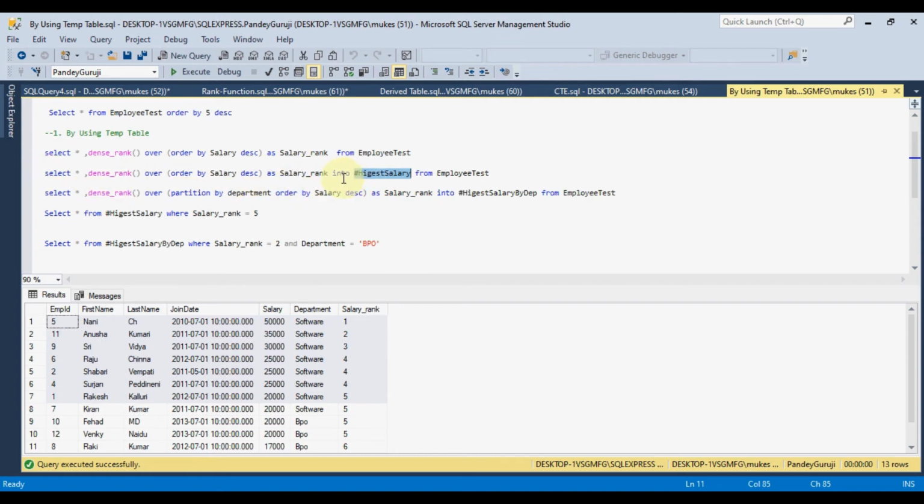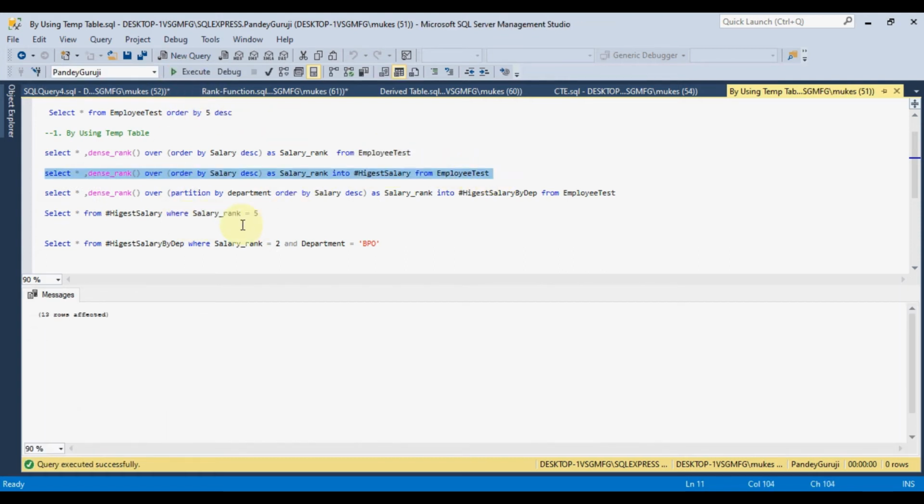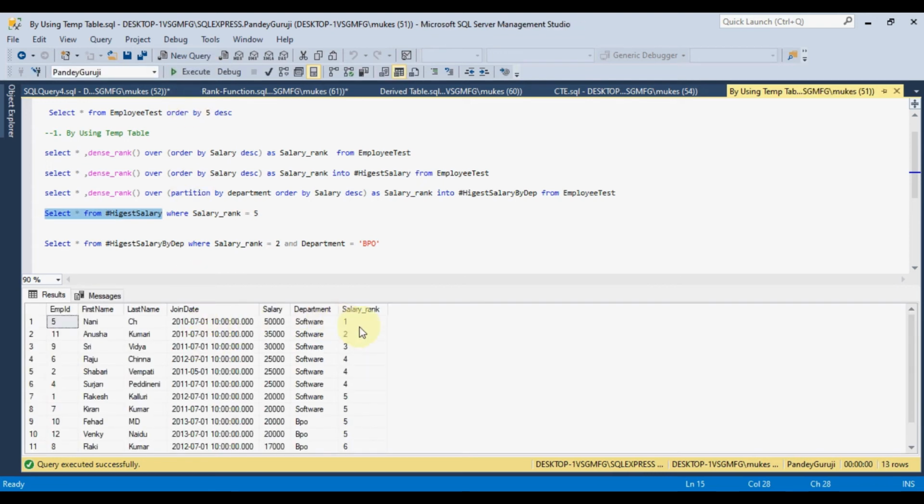I use the into command to store the data, which first creates the table and stores the data. So this is the way we can create the temporary table and store the data. In the highest salary table we have the column salary rank.